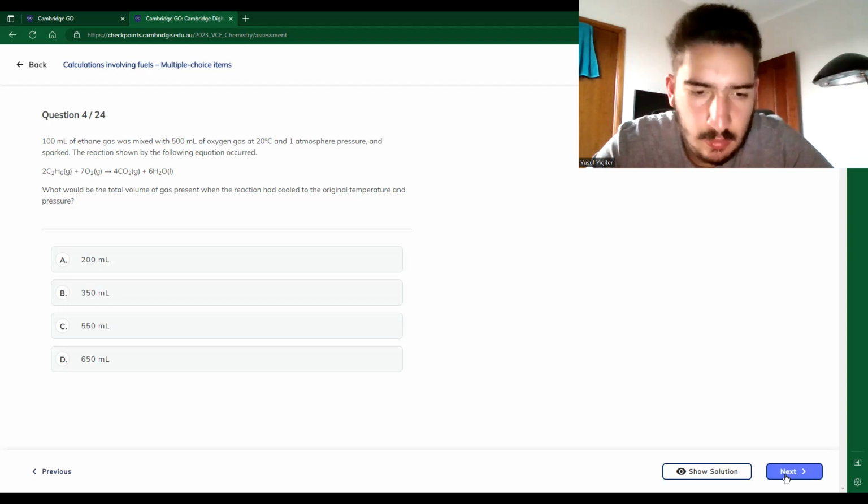Yeah. So 100 divided by 2. 500 divided by 7. So oxygen is in excess. Limiting. Unknown over known. 4 over 2 is 2. 2 times